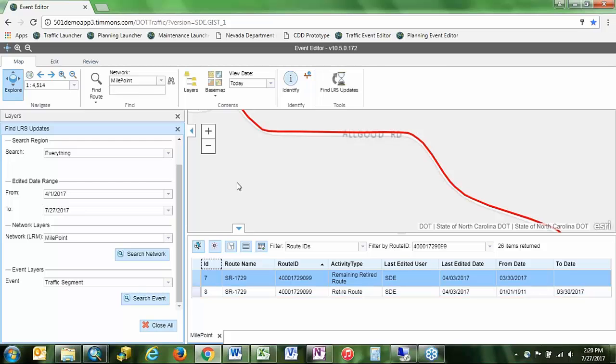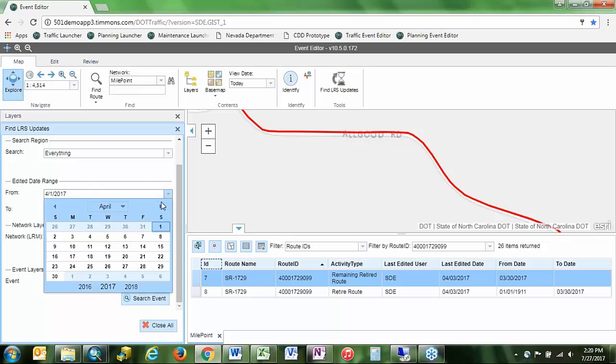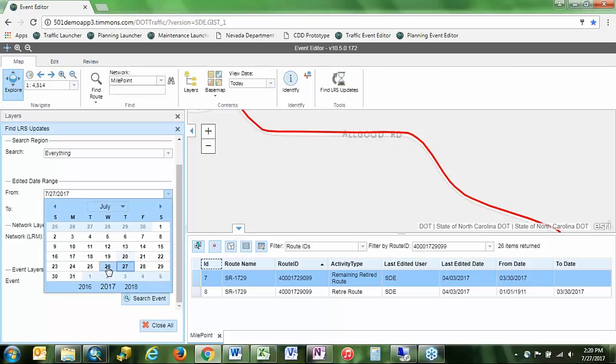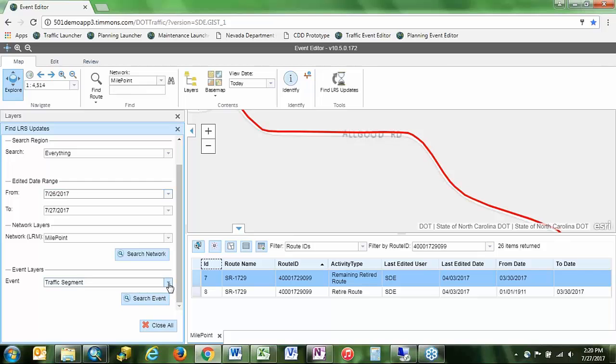So let's say we aren't as concerned with these route edits and we want to see some event edits. So let's change this back to, let's go with yesterday. And let's say we want to see functional class.